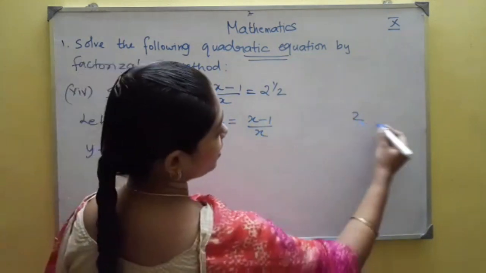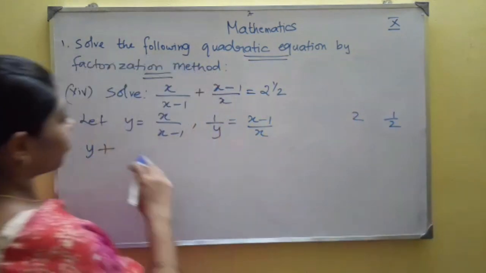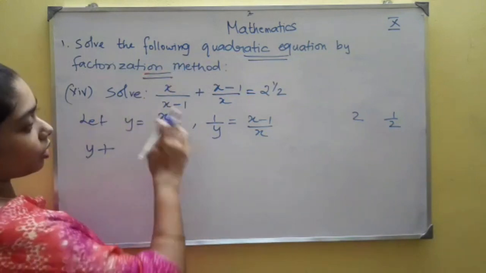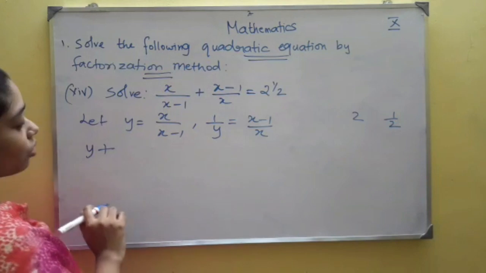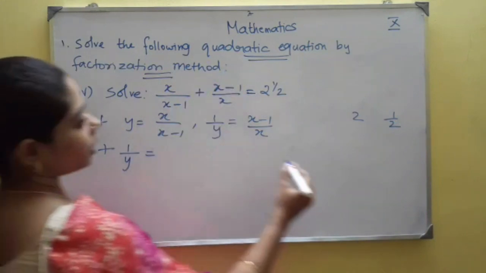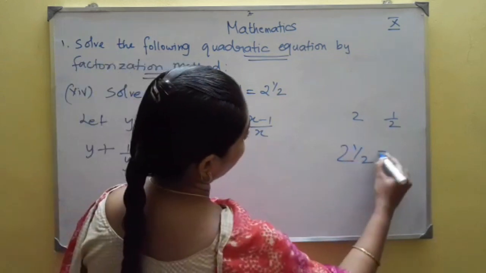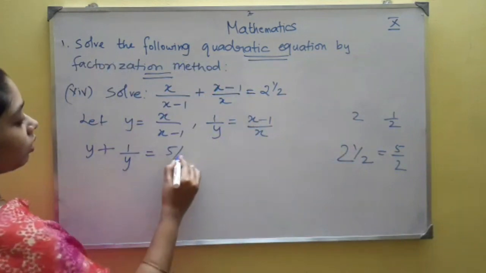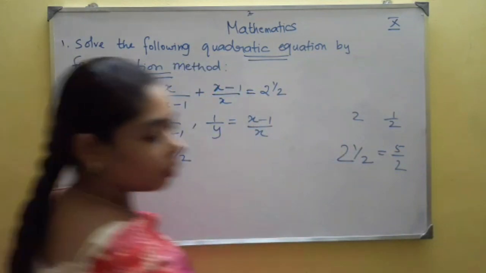See, this is 2, reciprocal of 2 is 1 by 2, right? Same way, this is y, reciprocal of y is 1 by y. So you want to interchange: denominator goes to numerator, numerator goes to denominator. So this part is written as 1 by y equal to, what is the mixed fraction part? 2, 2s are 4, 4 plus 1, 5 by 2. Okay?